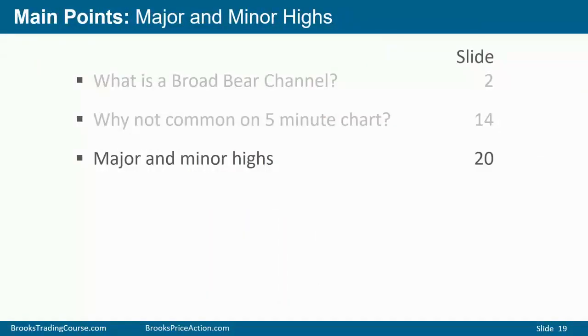There's an important difference between major highs and lower highs. If the market's in a bearish trend, it needs to keep forming more major lower highs. If it goes above a major lower high, then it's no longer in a bear trend. It's either in a bull trend or a trading range, and therefore you trade differently from how you would trade if the market was in a bear trend.